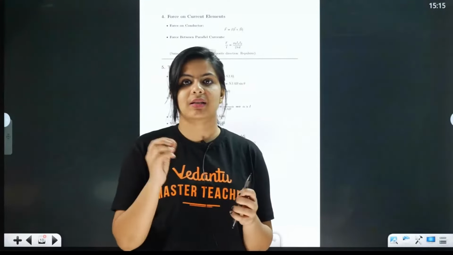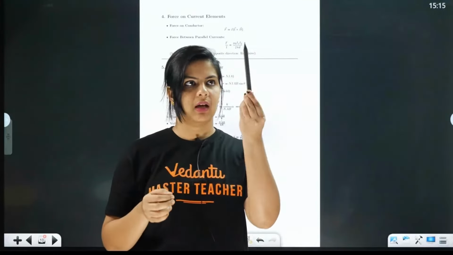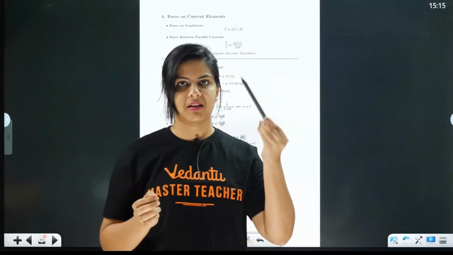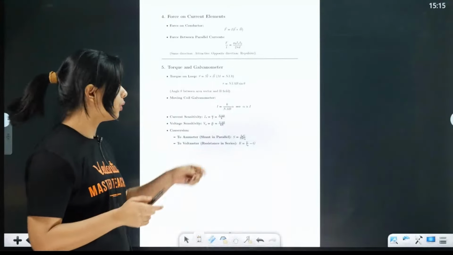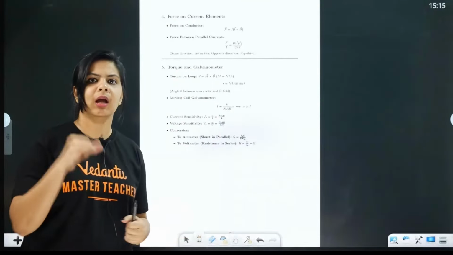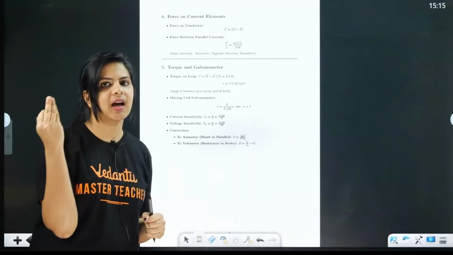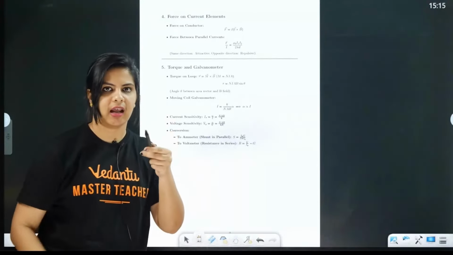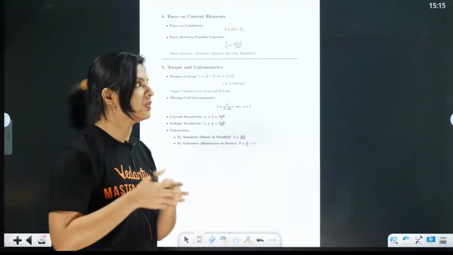And next one, we can go for the force on a current. Now we have discussed a charge, correct? Now I just wanted to know the force experienced by a conductor in the field. That is nothing but BIL. Just remember, what is BIL? B for magnetic field, I is the current, L is the length of the conductor, and always the length of the conductor and current we will take in the same direction.